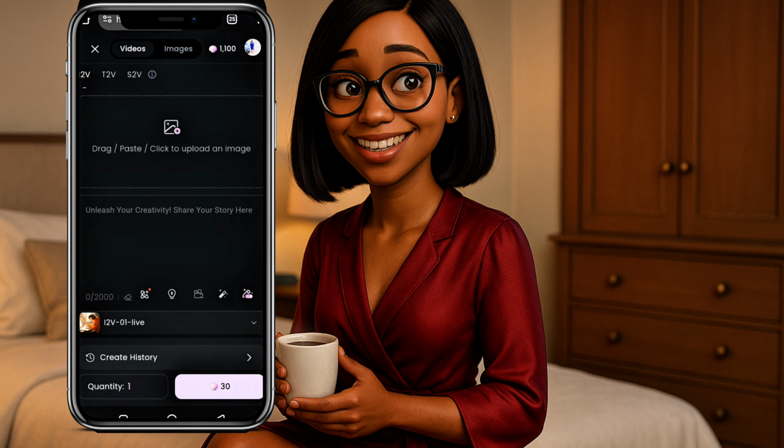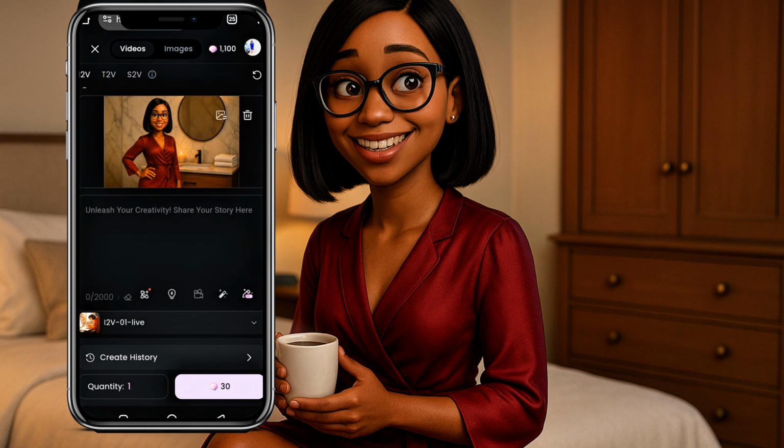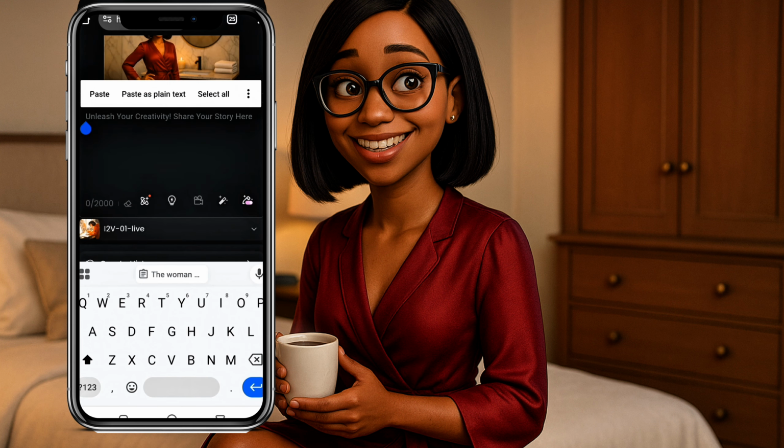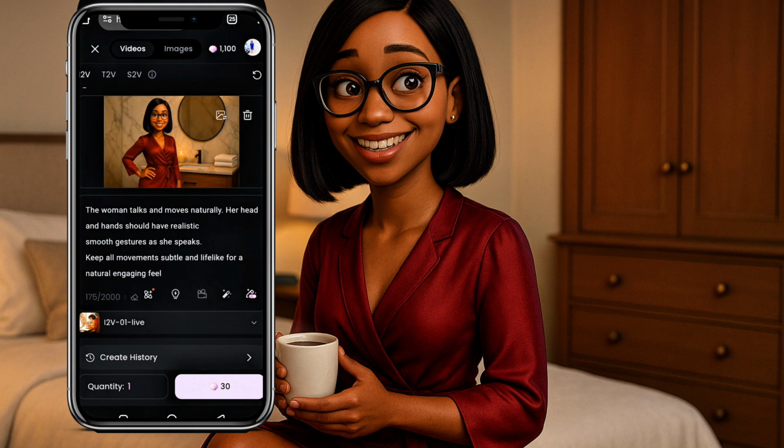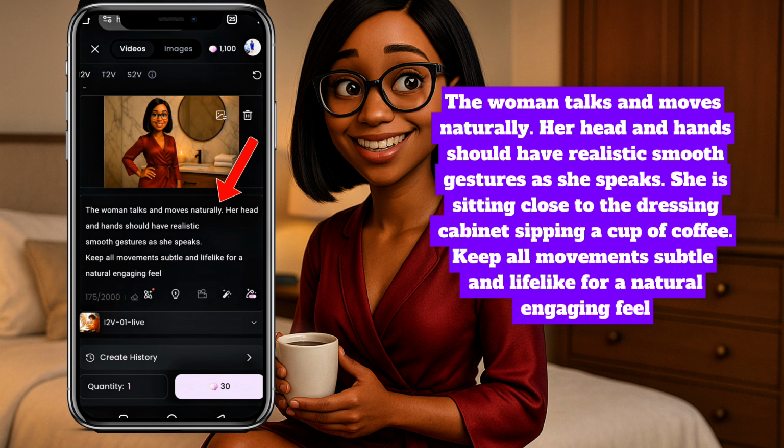So once that is done, come here and click on this icon for you to upload the image you want to turn into video. Okay, go to your gallery and upload the image here. In this part, paste whatever you want your image to do in the video. Okay, this part is what makes or breaks your avatar. Make sure you are specific of what you want this image to be doing